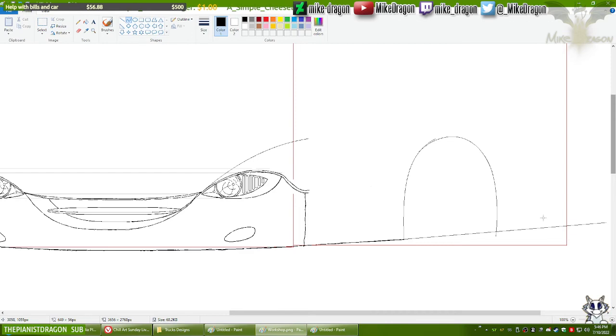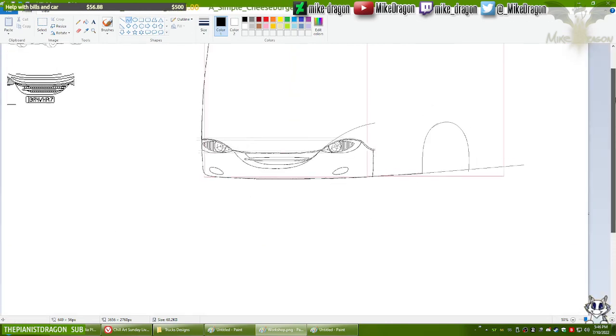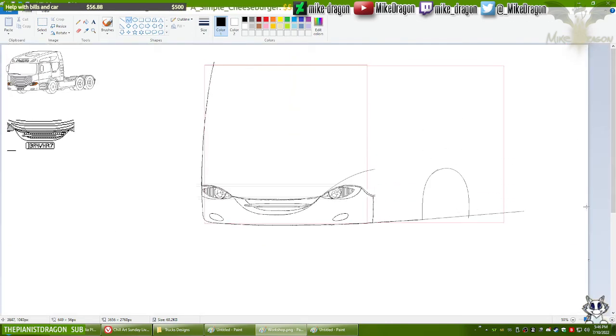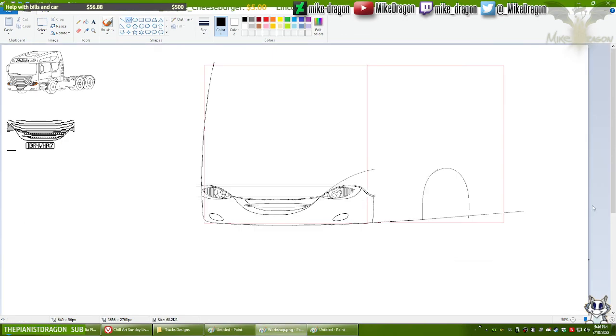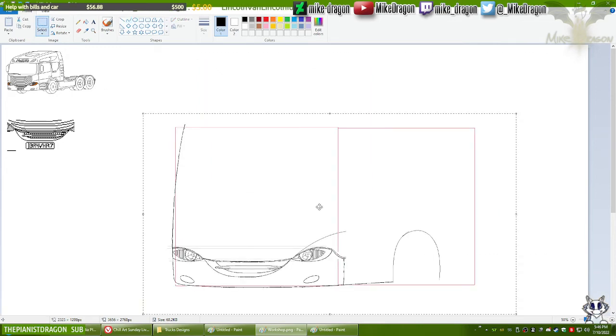Also, I should probably draw a line going straight that way. Yeah. Move this whole thing down a bit.